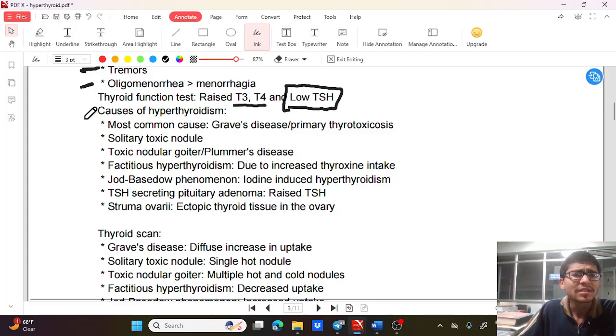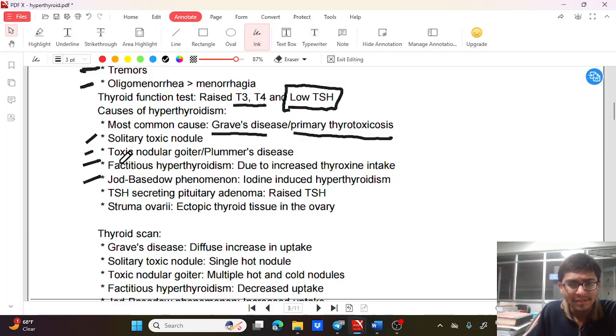Now coming to the causes. So what are the causes of hyperthyroidism? The most common being Graves' disease, also known as primary thyrotoxicosis. We'll also see what is secondary thyrotoxicosis over some time. Then we have the others like the solitary toxic nodule, toxic nodular goiter, also known as Plummer's disease, factitious hyperthyroidism due to increased thyroid hormone intake,